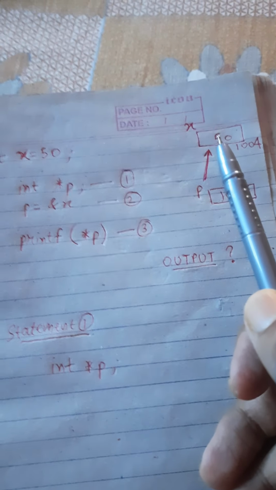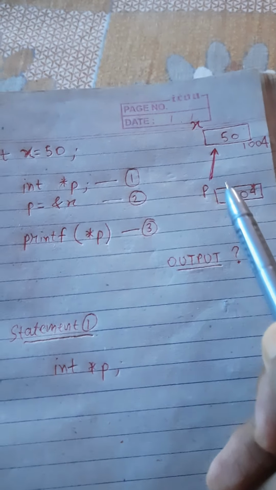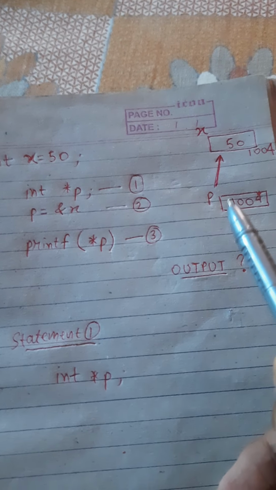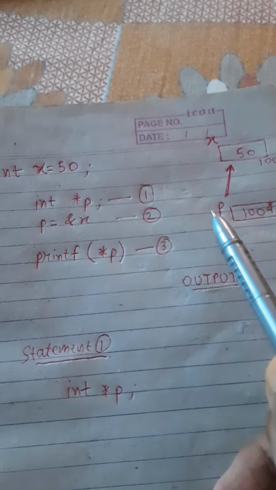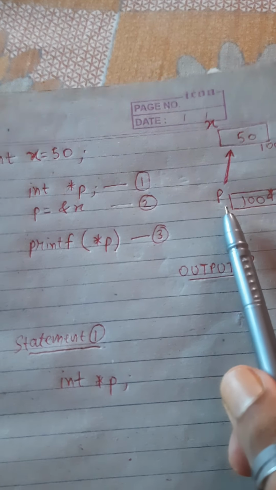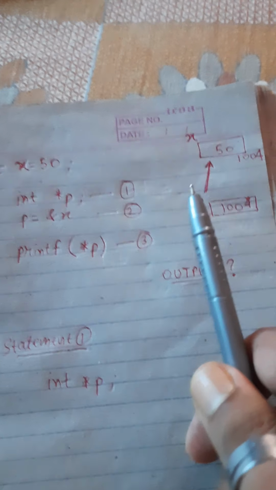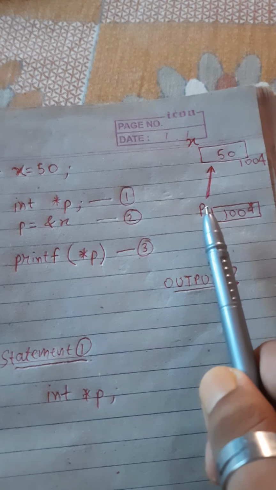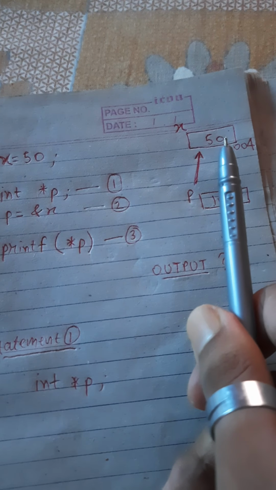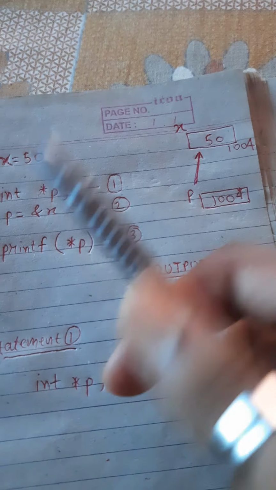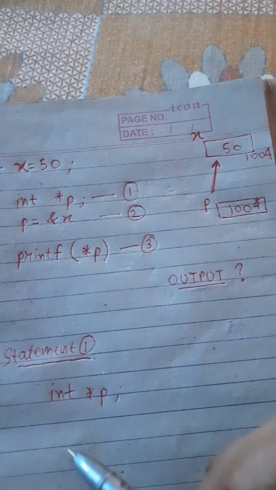It is float. Now if I store the address of this box in another box here, and I know this is a pointer, so this box will be referred to as p, and p will be a pointer. When I write the data type of p, that should also be float. Why should it be float? Because the location to which p is pointing, the value within that box is 50.8, which is a floating point number. That's why the data type of this pointer variable will be float.